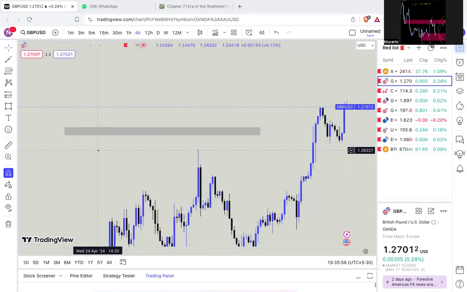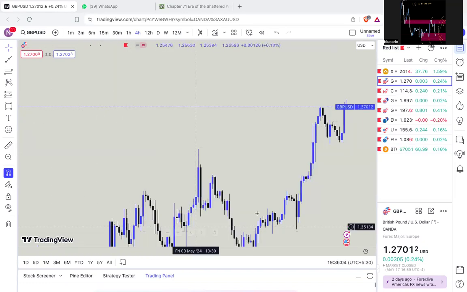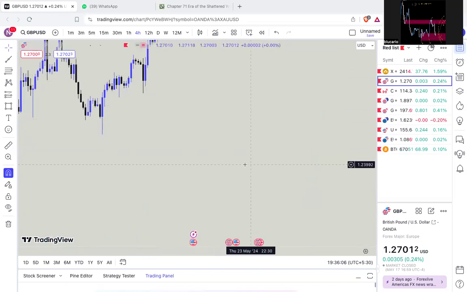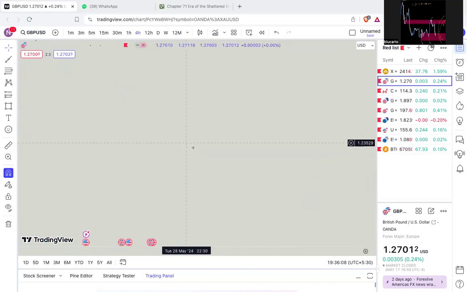It basically has a high accuracy of 80 to 90%. So I'll show you how to mark a critical level. We basically mark a critical level from an engulfing fail, be it an engulfing buy fail or engulfing sell fail. We mark the critical level from an engulfing fail zone.